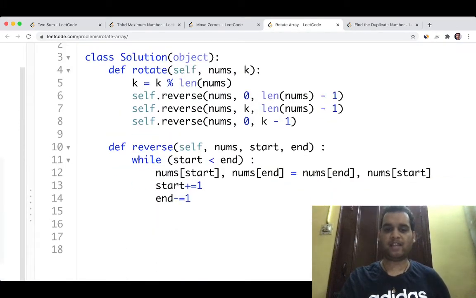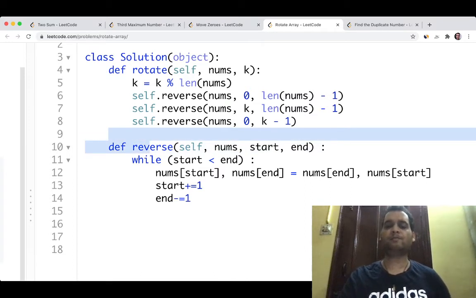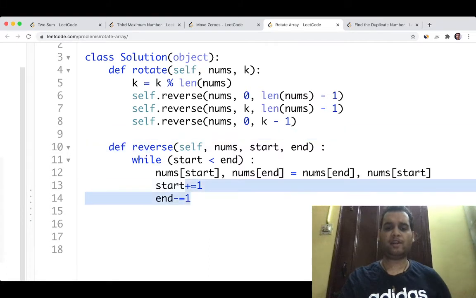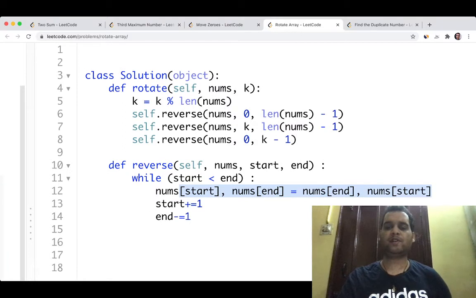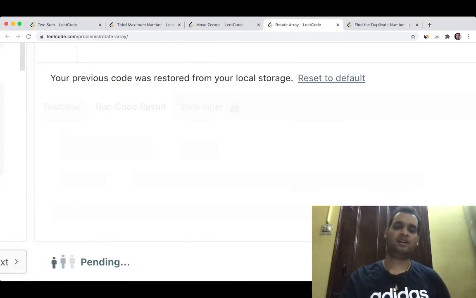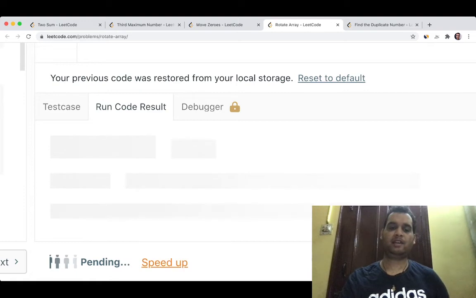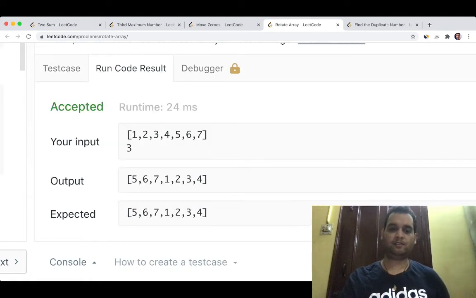Okay, similarly in Python we have defined the reverse function with nums, start, end. Simple logic of start less than end, keep on incrementing and decrementing and swapping the corresponding indexes. First we will reverse the whole array, then the last n minus k elements, and then the first k elements. I hope it's quite clear. Let's also run the output so that you are clear that it works. So 1 2 3 4 5 6 7 and 3, and this is the output that we have also achieved in our logic.